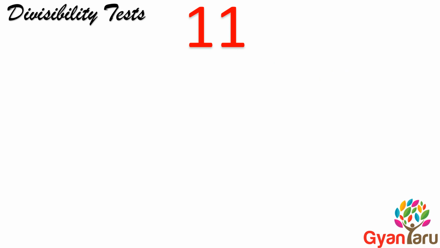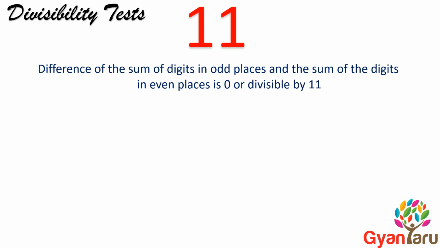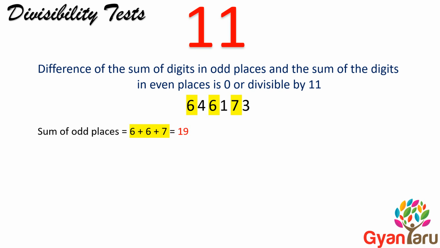Divisibility test of 11. If the difference of the sum of digits in odd places and the sum of digits in even places is 0 or divisible by 11, the number is divisible by 11. For example, we have a number. 667 are the digits on odd places, so the sum of odd places is equal to 6 plus 6 plus 7 is equal to 19, and 413 are digits